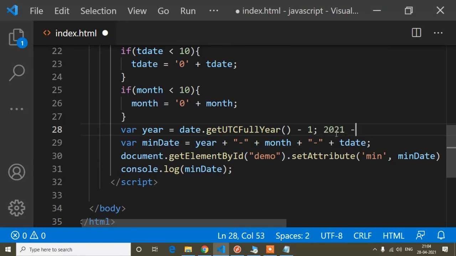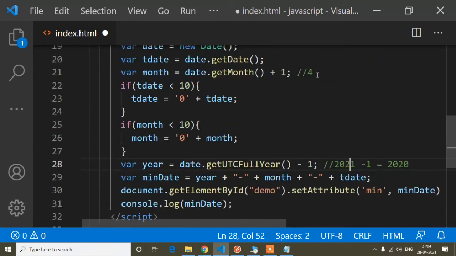So when it will be -1, it equals 2020. So that means people can choose up to 2020 and here it's returning April and 28. So people can choose the date up to 28 April 2020. So let's check whether it's working or not.